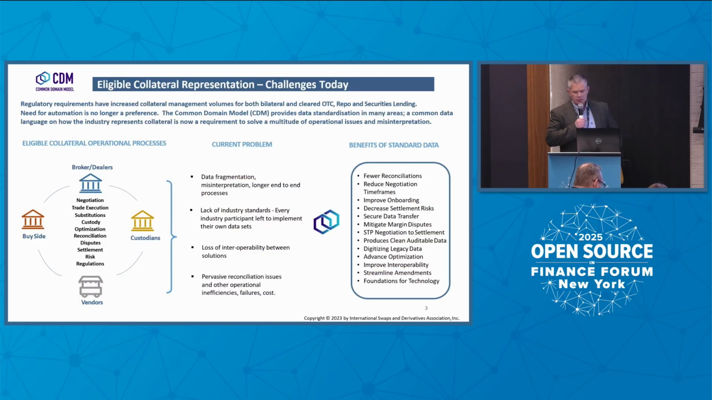So, eligible collateral representation, the challenges today. Now, if you work in collateral management, you all appreciate there's a lot of data fragmentation and misinterpretation in many different processes in the end-to-end collateral management process. So many institutions, such as broker-dealers, custodians, buy-side and vendors, have many different touch points, whether it's negotiation, trade execution, substitutions, optimization and disputes, and different regulations, where they're having to exchange data in many different places, whether internally or externally. So there's a loss of interoperability between solutions, causing many different issues and inefficiencies, failures and costs to the